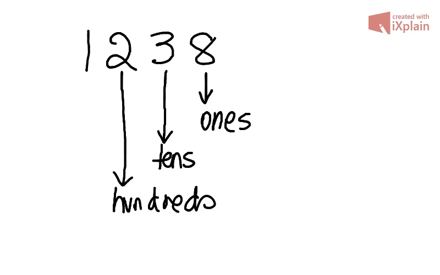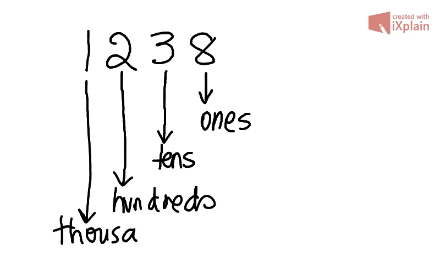238. And this one here will be the thousands. So we read 1238. This is the whole part of the number. Now, if we want to look at the decimal side of this number,